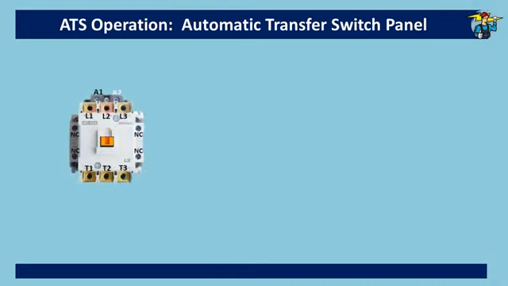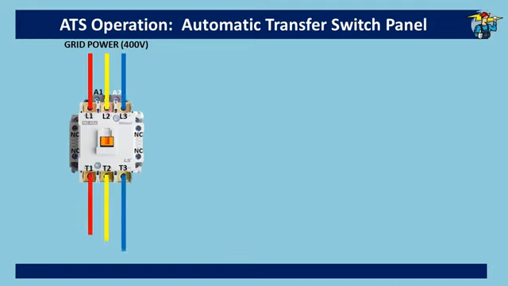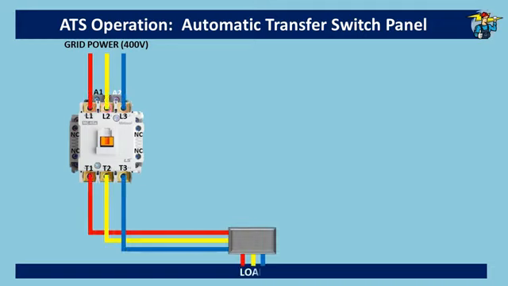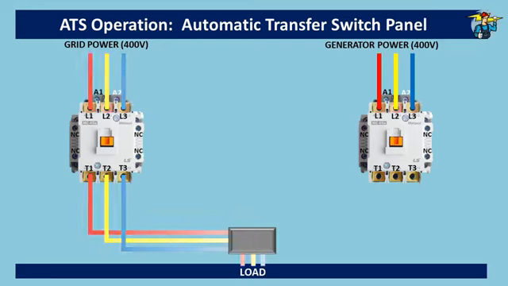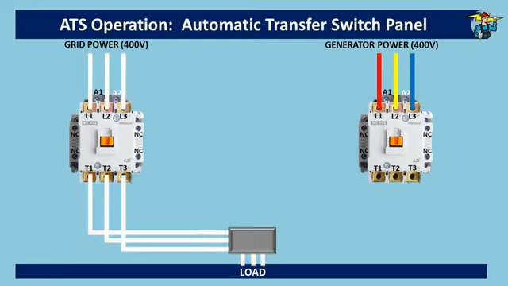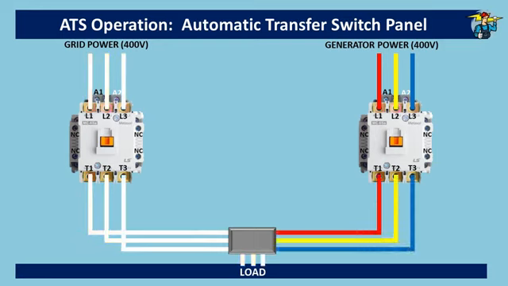First, we have this contactor for the 3-phase 400 volt supply from the grid, and when it is at on position, the load is connected with grid power. If we start the standby generator, power will be there up to the L1, L2 and L3 terminals only, since the generator contactor is at off position. If grid power goes off like this, we need to connect the power from the generator to the load automatically, and